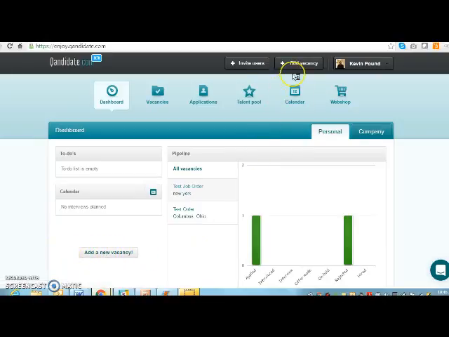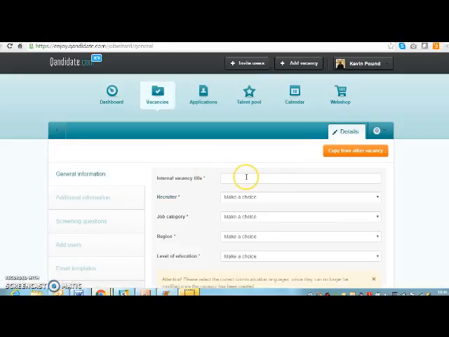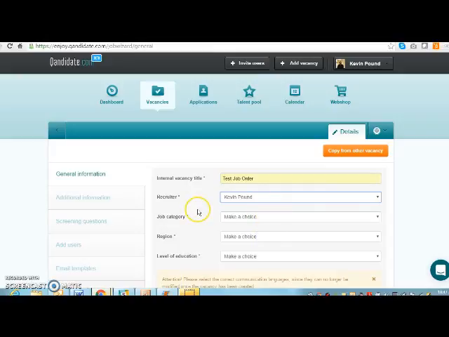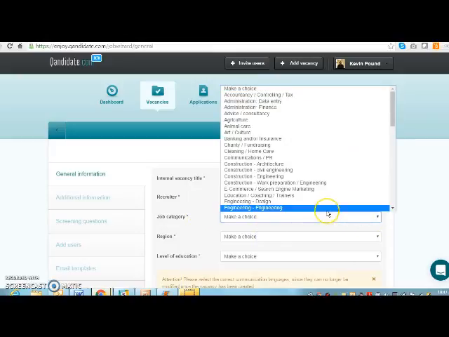You can either click this button or click this button up here, or go to vacancies to add one. So we are just going to click this button, and it brings us here. So our internal vacancy title is test job order, and what we would put here is the title of your job order. So if it was operations manager or human resources manager or restaurant general manager, you would put that here. The recruiter who you want, I'm just going to pick myself, and your job category,